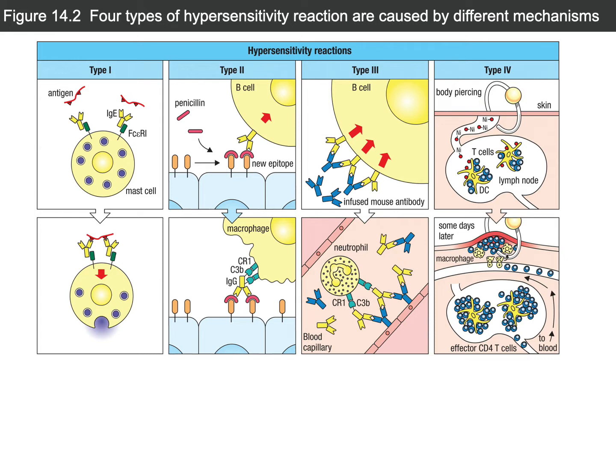So the example here is with monoclonal antibody therapy with mice. So that's not normally in you. You don't normally have most antibodies in you. And so the B cell recognizes that as foreign, binds to it, secretes antibodies, and then these complexes are able to form between those monoclonal antibodies and your antibodies, and the immune system sees that and responds, but in an over response, right? So you get complement, you get inflammation, phagocytosis occurring. The last